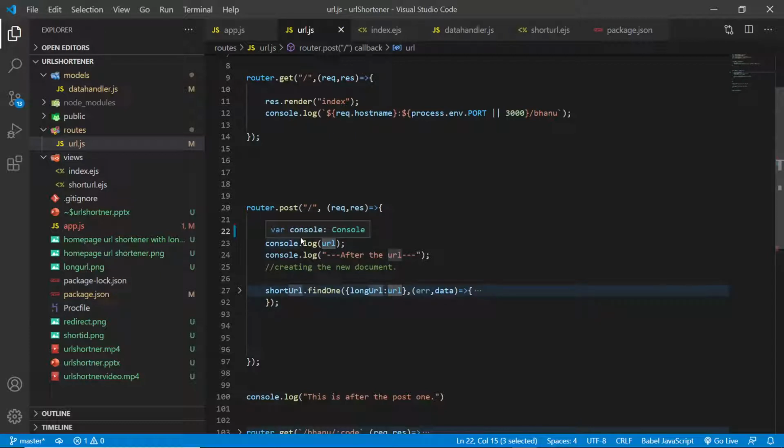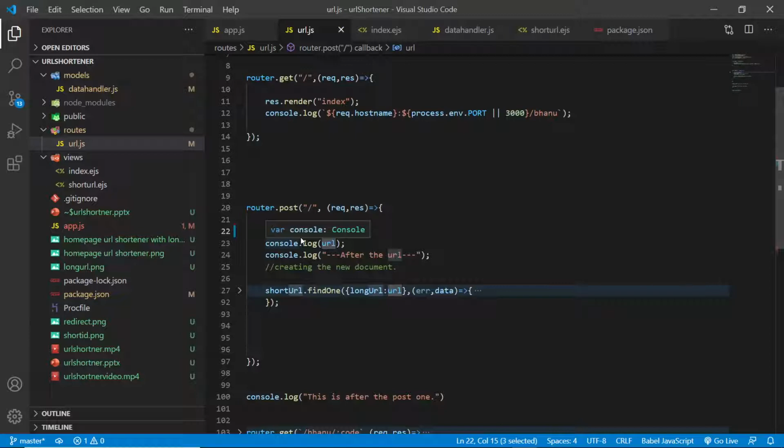Before saving the long URL, you need to understand that if someone entered the same long URL before into our application, it will already be stored in the database. So instead of storing it again, we can check the database to see if it is present or not.